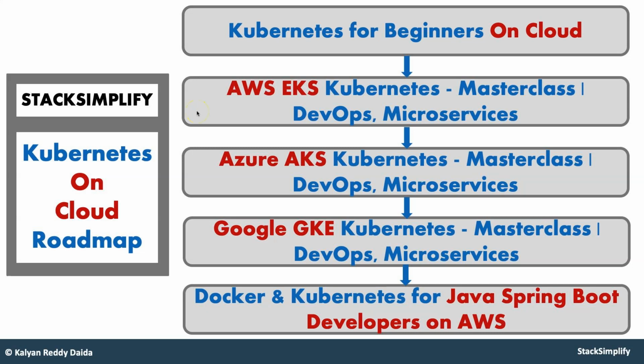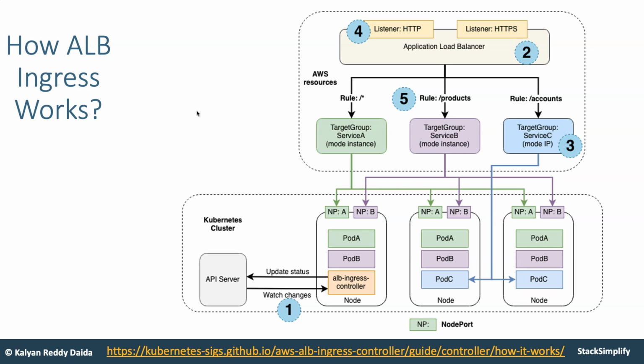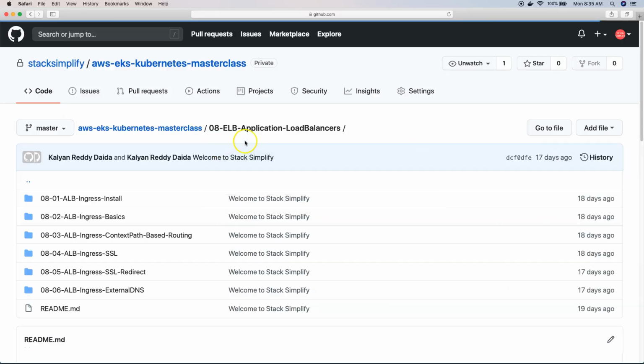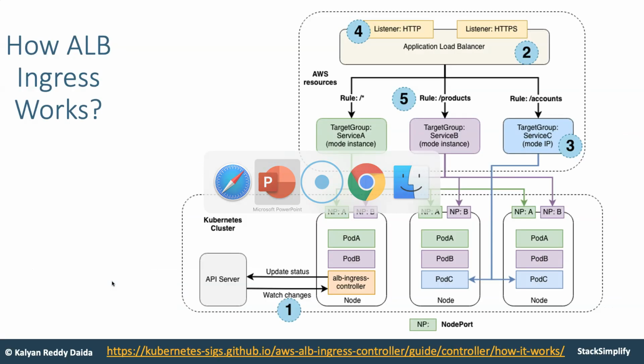Welcome back. In this lecture, we are going to understand what we are going to build as part of the entire ALB section. We are going to do lots of stuff here in a step-by-step manner, in 6 major sections, where we implement different things. So let's go ahead and see that in an architectural representation.